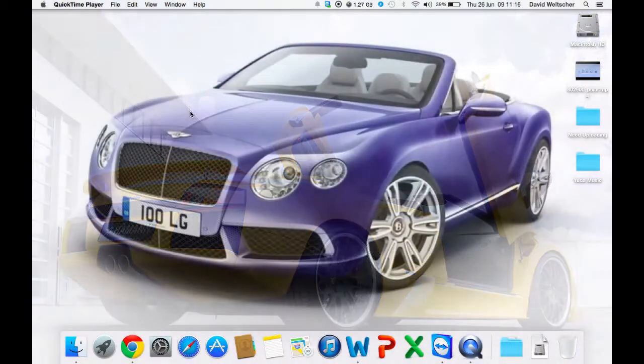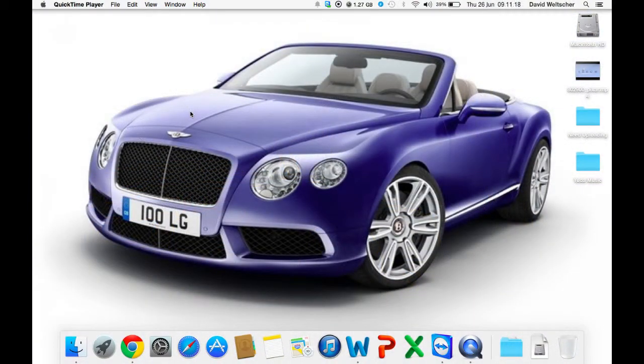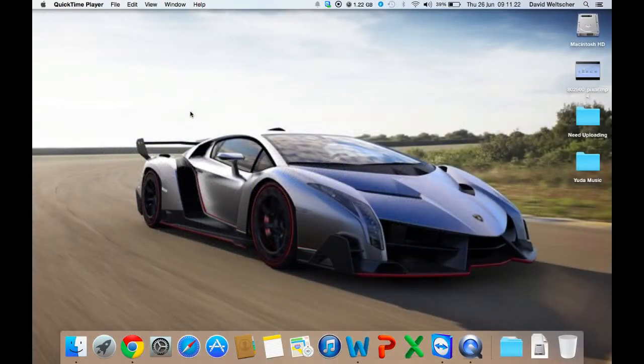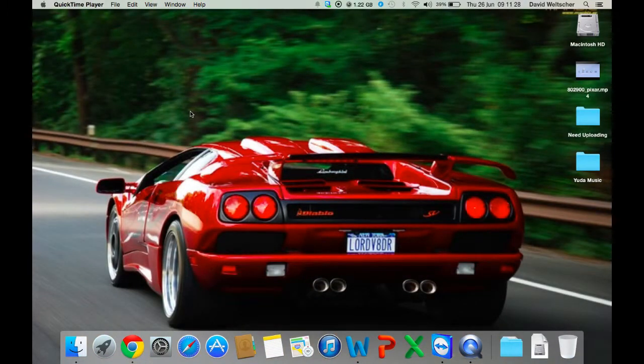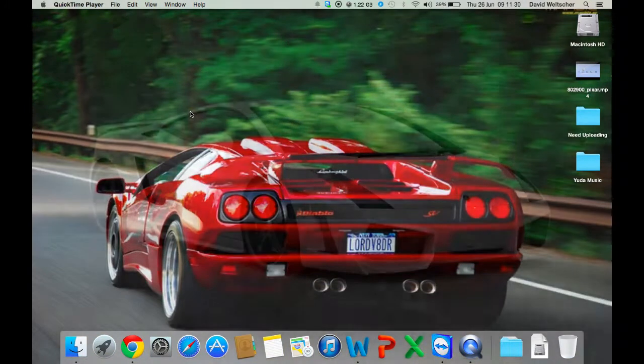Hi guys, today I'm going to be giving you a tutorial for beginners in Mac OS. So, you've just got your new Mac and you have no clue how to use it. Fine. So what we're going to do is, first, you have just plugged in your USB to your computer,